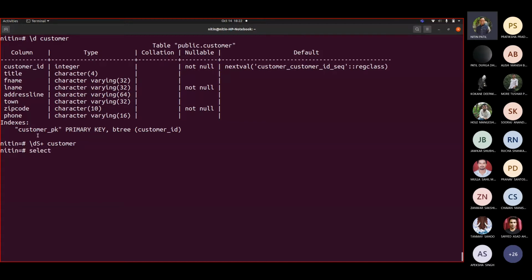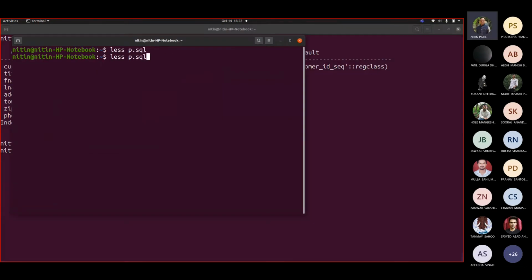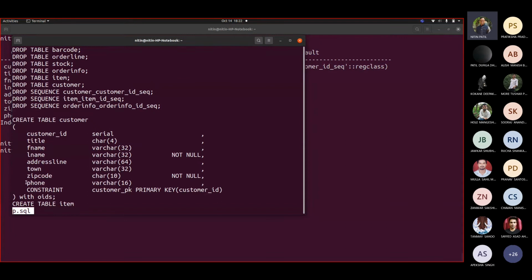Now we have written that table definition as WITH OIDS. If you carefully see this file, p.sql, wherever my table definition ends, I have added that the table should be created WITH OIDS.